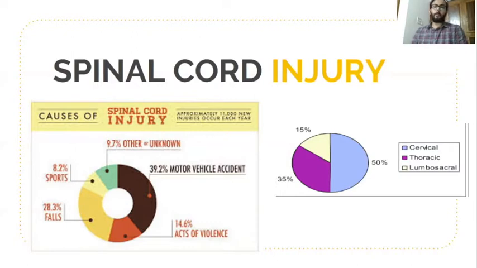Coming to spinal cord injury statistics, in previous videos we already discussed that the most common condition which occurs in the cervical spine is injury. So we are able to see 50% of total spinal cord injuries occur to the cervical cord. The lumbosacral region is least affected, but it is prone to degenerative conditions like osteoarthritis or